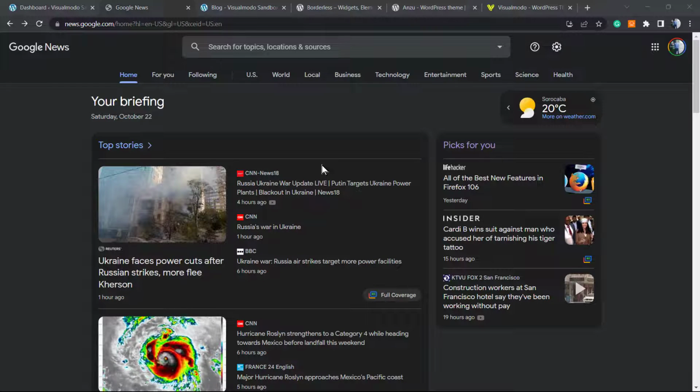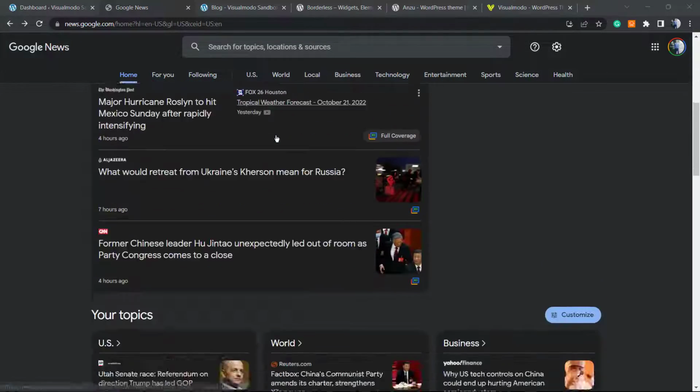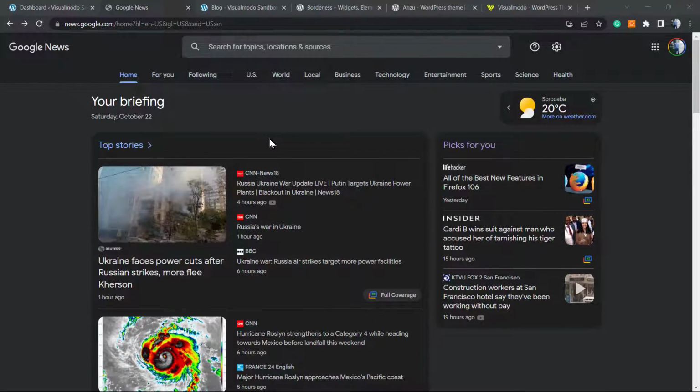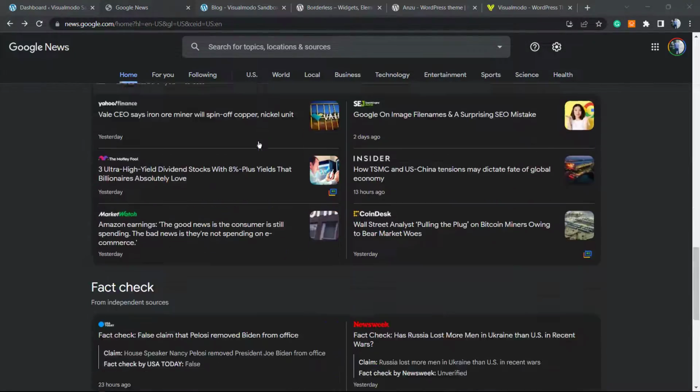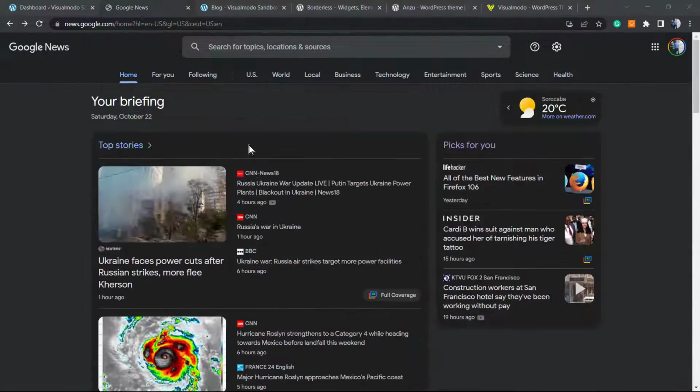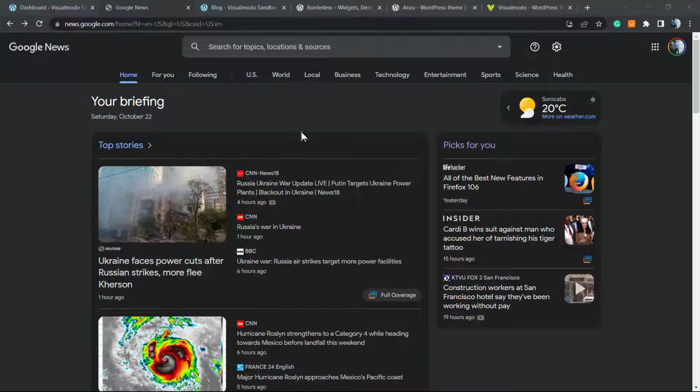In today's video we're going to learn how to generate an XML sitemap or RSS feed especially for Google News. Okay, so what is Google News? This is the new homepage of Google News. Google News is a place where Google shares all the relevant news according to your search and your preferences, all that is trending in the world. As a WordPress website owner, if you have a blog and write news about any topic you like, you can submit your site to the Google News Publisher Center. This is free, you can do it, but